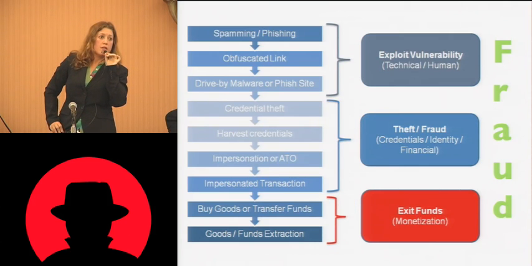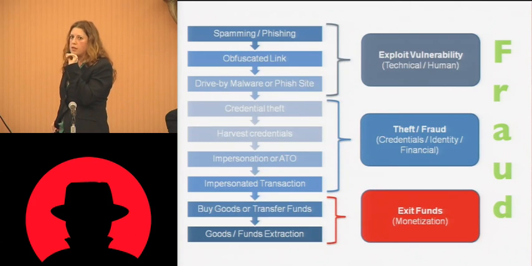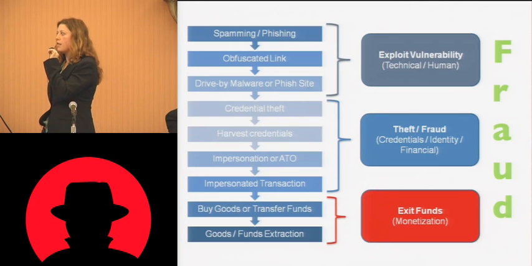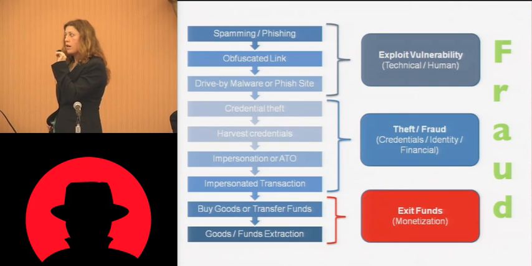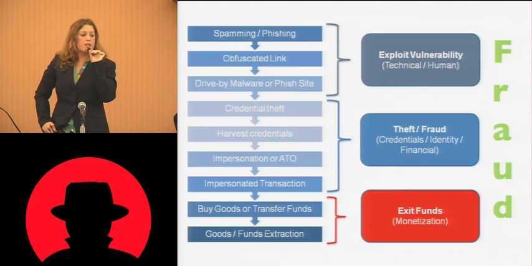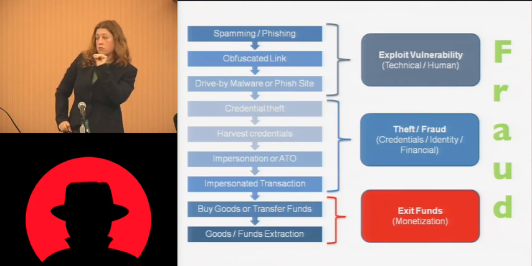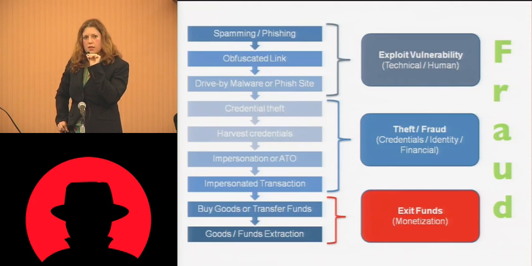But that's not all, necessarily, because eventually the person who commits the fraud is going to want money out of the system. They want cash. They want something that they can convert into cash. So, there's a couple different ways to do that. You can buy goods that are easily resold, like digital goods or consumer electronics, or you can try and figure out how to bounce funds around across different systems in order to extract cash to yourself. So, any questions about this?